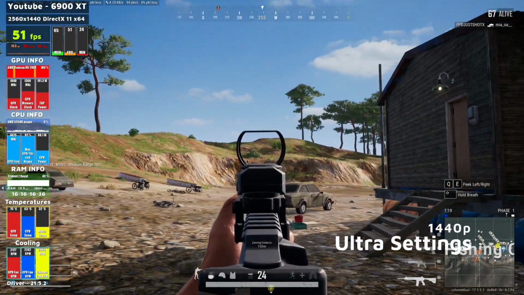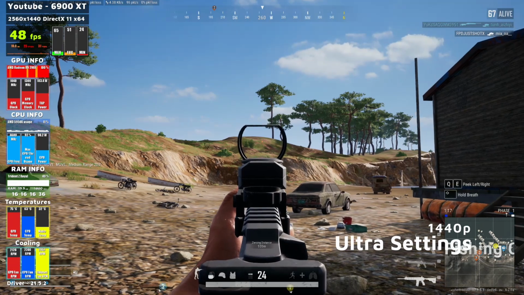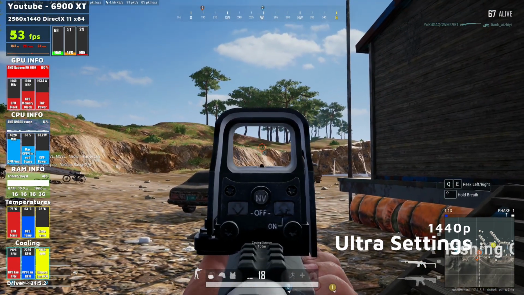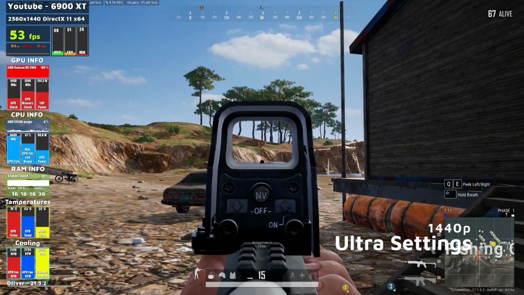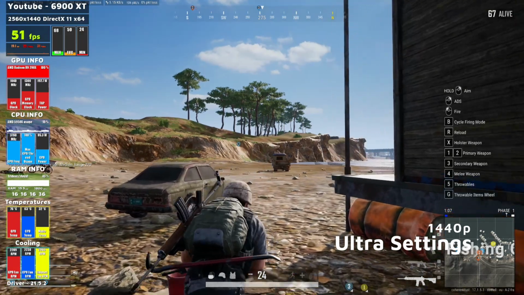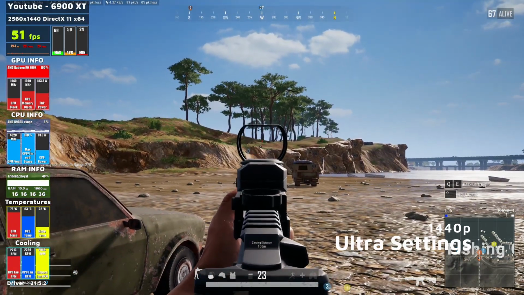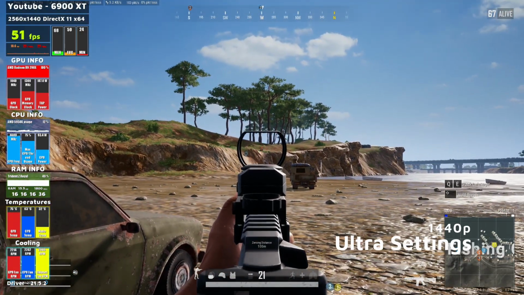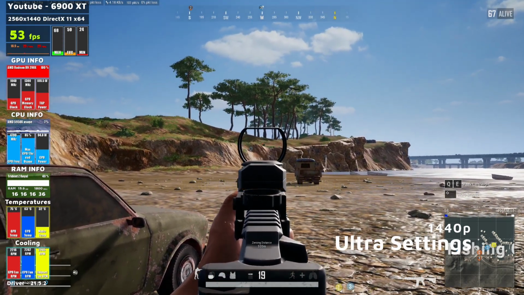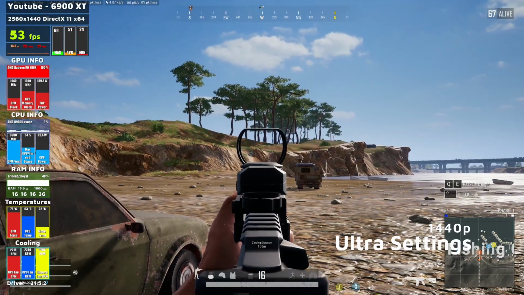So on the final test for PUBG, it's 1440p at ultra settings. I avoided all the rest of the settings at 1440p. I wasn't going to test it at this resolution, but I just wanted to see what it was like. And it was quite good actually, 40 to 60 frames per second, sometimes in the 30s. Definitely wouldn't choose this option for this graphics card, but it can